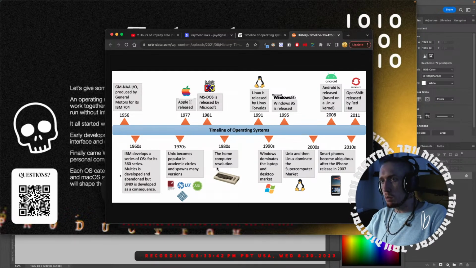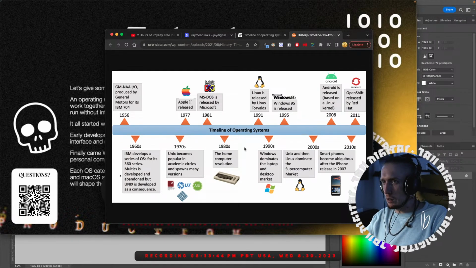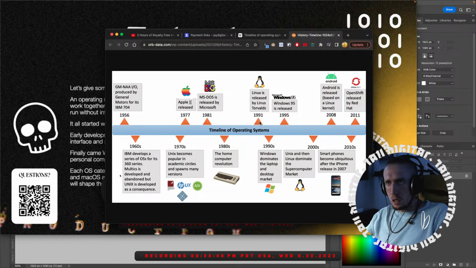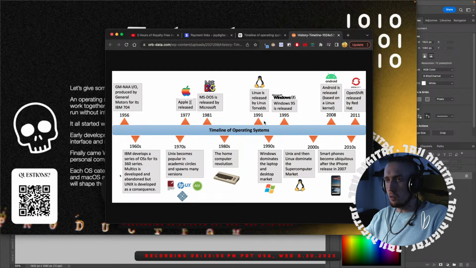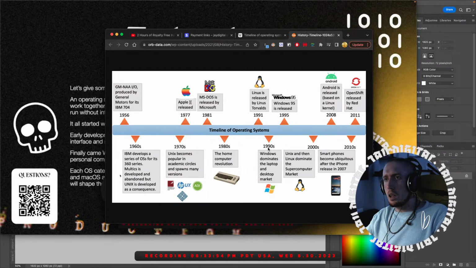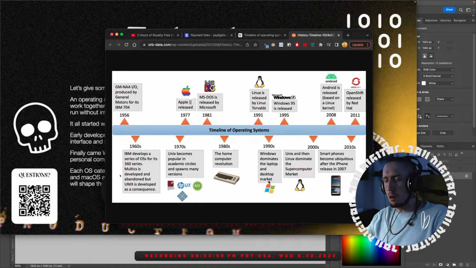The home computer revolution happens in the 1980s. 1991, Linux is released by Linus Torvalds. And then 1990, Windows dominates the laptop and desktop market.